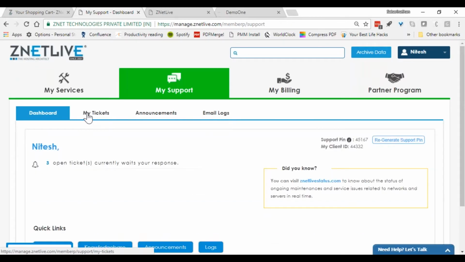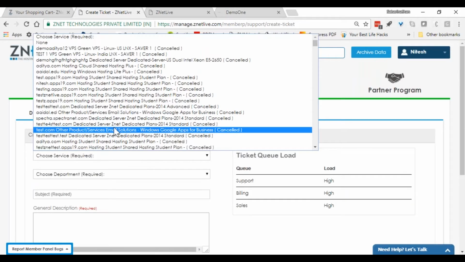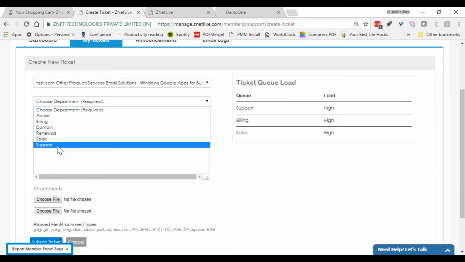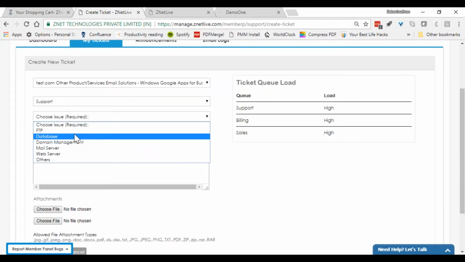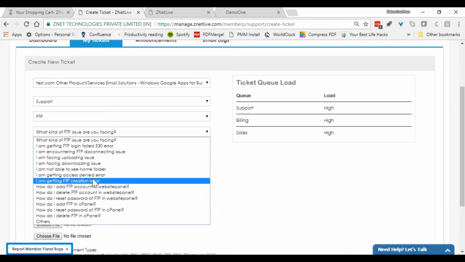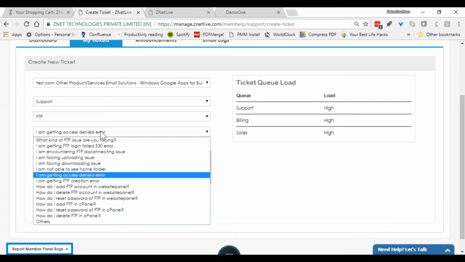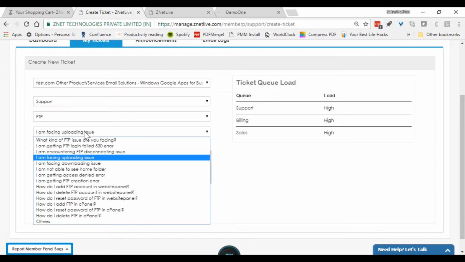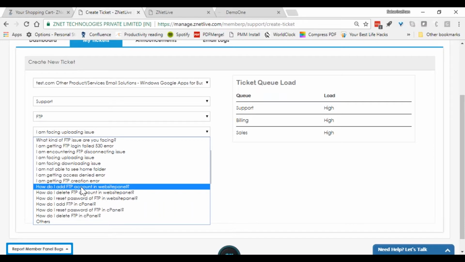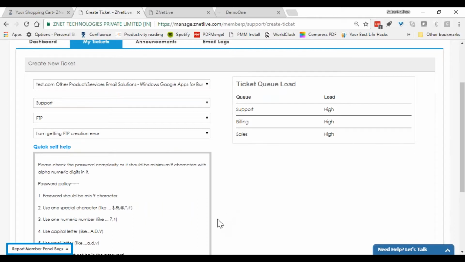Then the other important aspect is being able to get the customer to submit support tickets. For example, customer says, I have a problem with this particular service, and he's logging a support ticket. He's saying, I have a problem with FTP. And RackNap is able to offer a predefined set of knowledge-based articles to say, hey, what kind of issue are you facing? Are you facing an access denied error? Or are you facing an uploading issue? So RackNap is able to get help for him in a predefined way, and this particular option can be completely controlled by you. You as the CSP have complete control to define these KB articles and knowledge base, etc., as well.